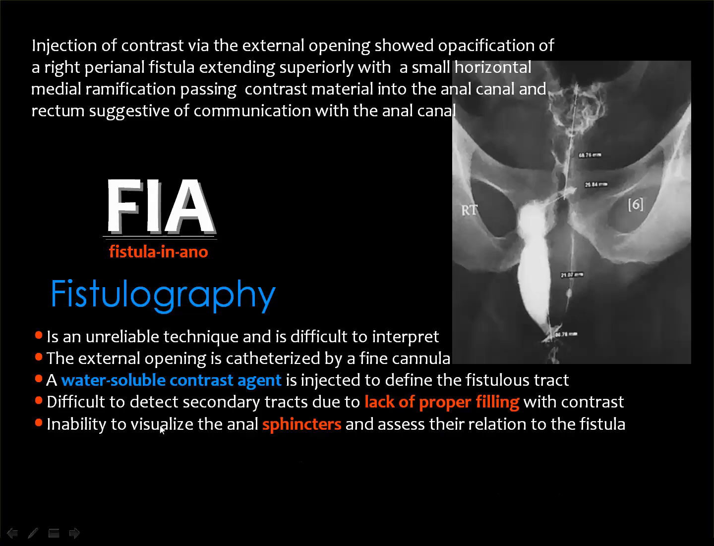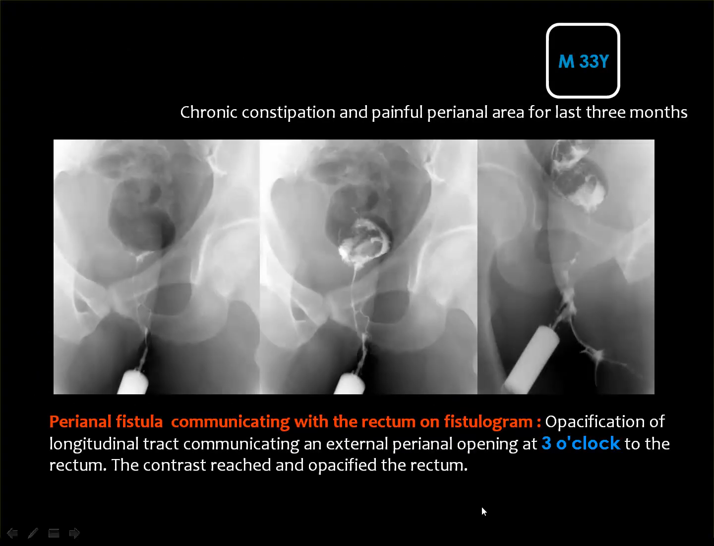It also cannot identify the relation of the fistula to the sphincters, whether it is intersphincteric or transsphincteric, and so on. Then we used to put a marker on the skin where the fistulous opening is present. Then we introduce a soft rubber or plastic cannula into the external opening, injecting contrast material, and you can see